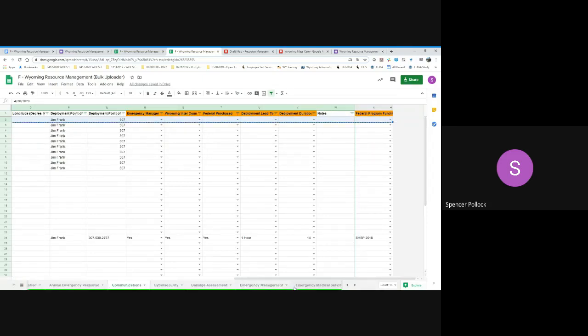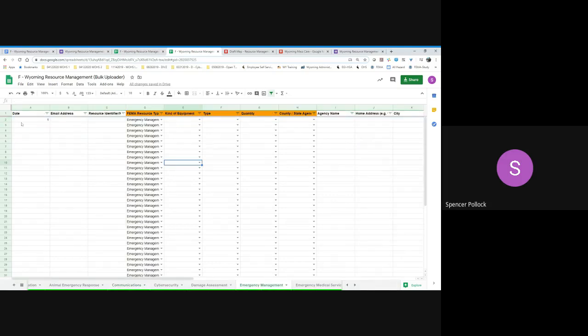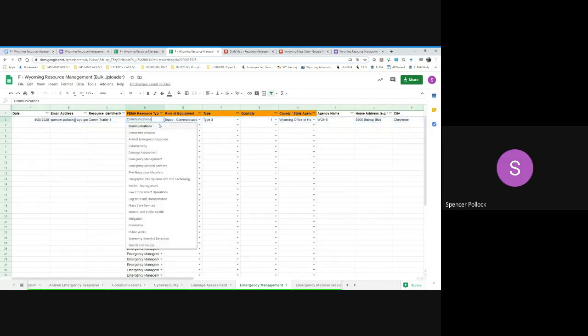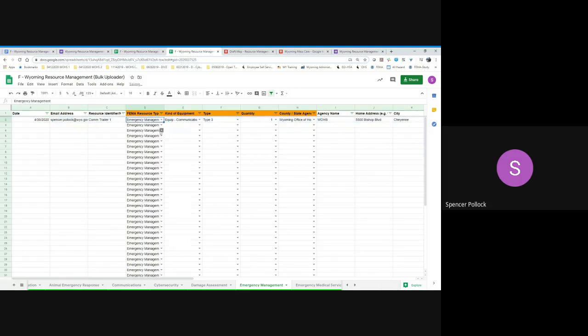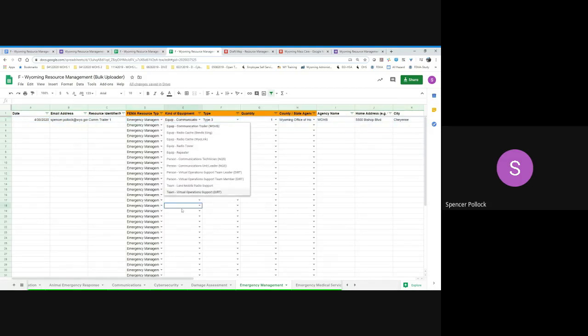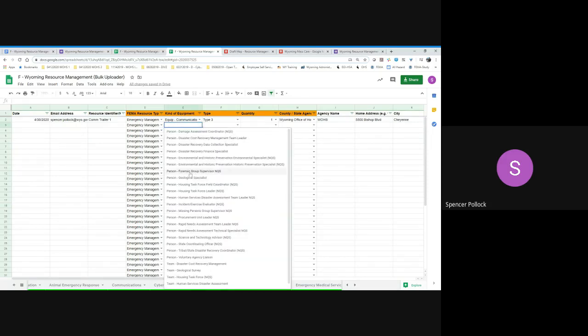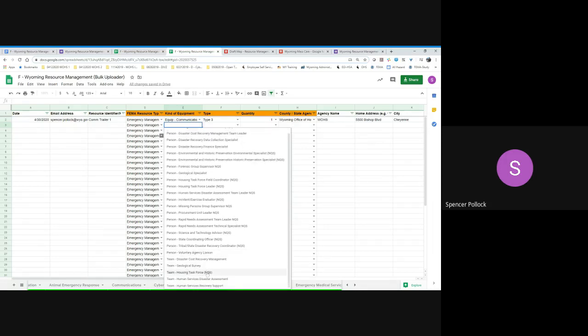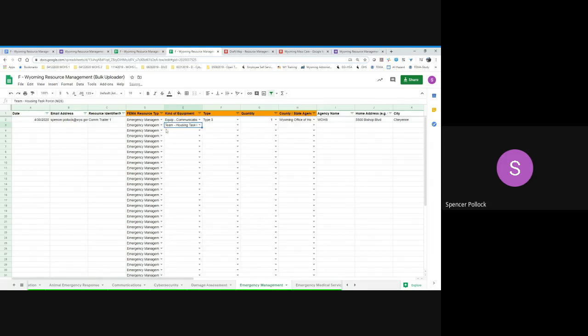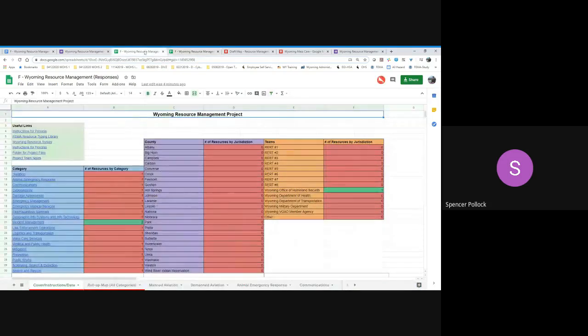And now let's say I want to come in and enter something into my emergency management row. I'll go ahead and just paste it in, control V. I'll put this back on emergency management. Then you can see, now I'm bringing in all the stuff that is under that category. So that's sort of how that works. You can kind of get a sense of what we're putting together. You load this all together, you would then send us a copy, and we'll go ahead and take your stuff and copy and paste it back into the main tool, which is where our survey data lives.